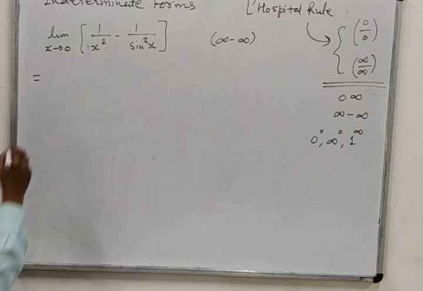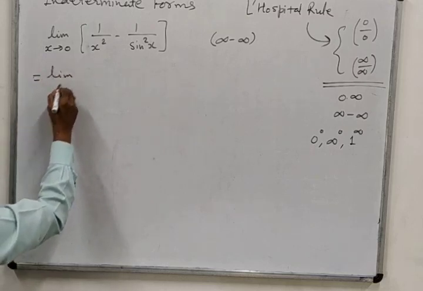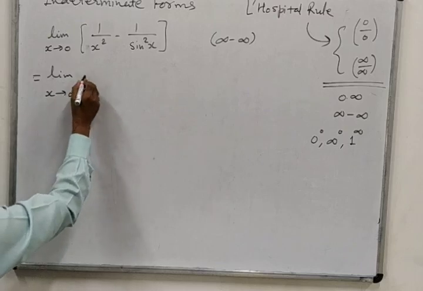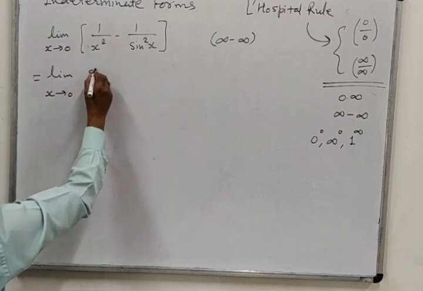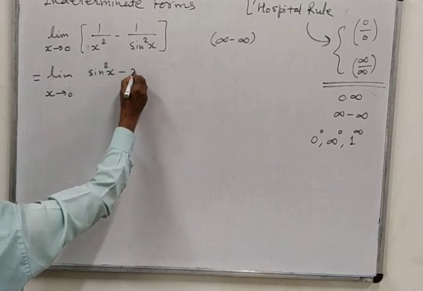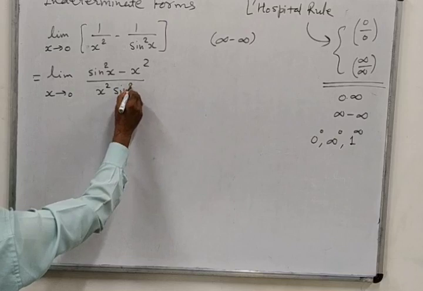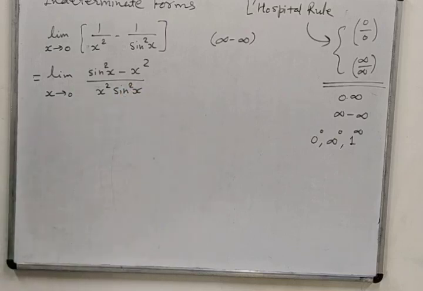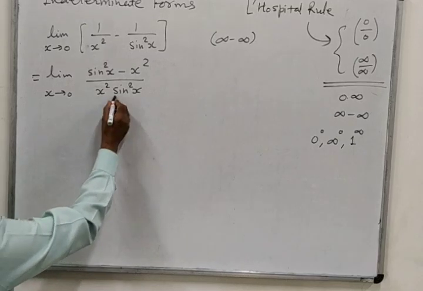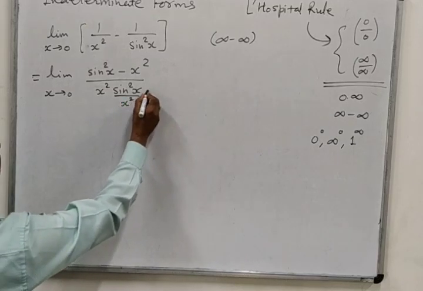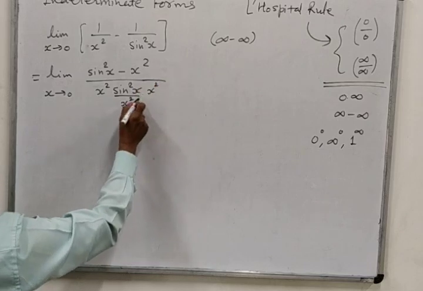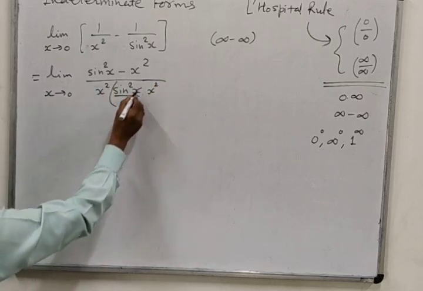To do this, it is very simple. We need to simplify this. We just cross multiply them. So we will get sine square x minus x square divided by x square into sine square x. Okay, so we have obtained this form. And now you know, in the last lecture we applied one simplified form for tan square x. Just like here again, we can apply it: in sine square x, we will multiply and divide by x square.